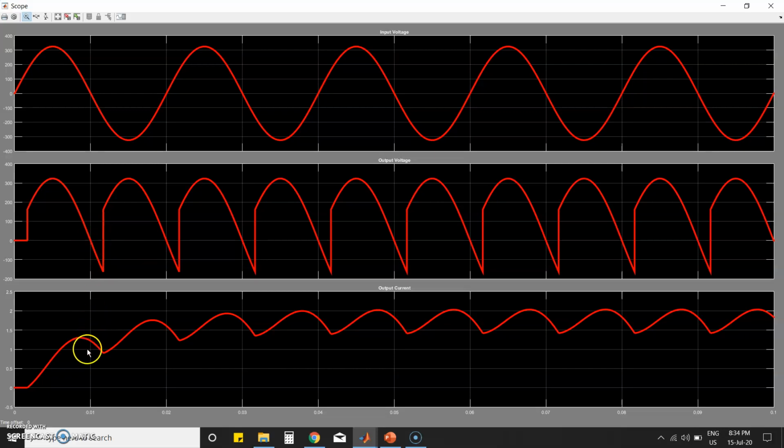Similarly, see the current waveform, it is increasing due to the charging of the inductor. At some point it reaches the steady state value, reaching the maximum, again reaching the minimum point. So here the current is continuous and it never reaches the 0 point. Even here the voltage is reaching 0, but the current is not reaching 0. So this is the simulation of your 2-pulse full control converter with R load and RL load.